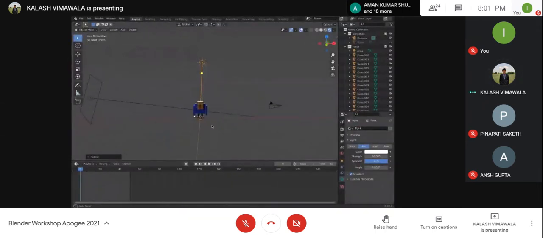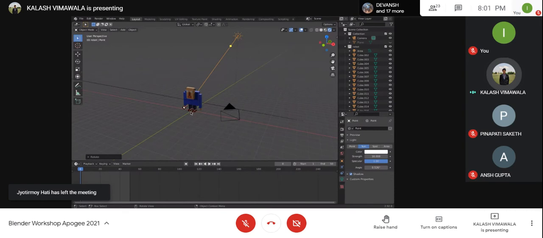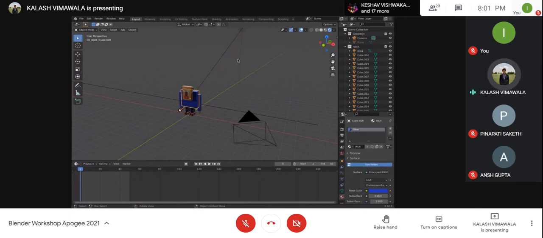All right. So this is our scene as of now. Now what is rendering? Rendering basically means that when you're done with your scene, how would it finally look? Like all the views that you have right now, we are currently in rendered view. So all that you see right now is that the light has been calculated, how it bounces off different objects has been calculated, and how the material would look in presence of light and different objects. All of this has been calculated through rendering.